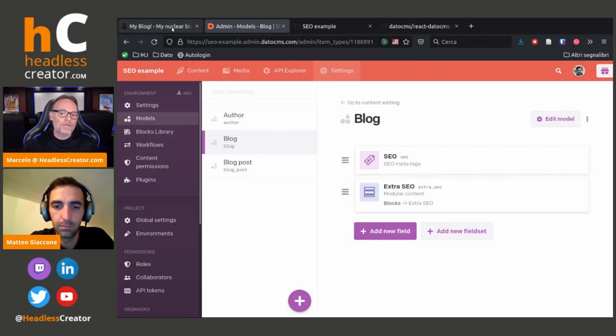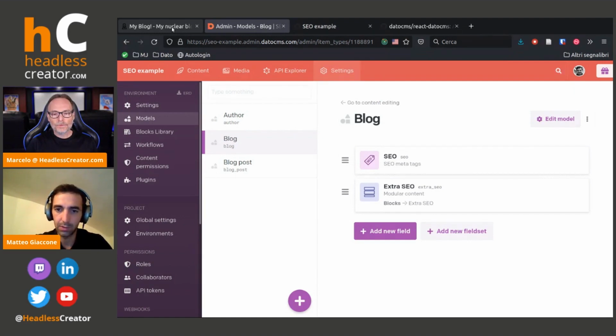So in other words, when you go to the blog, instead of adding these two fields, you're adding that new block you created that has the default SEO fields and then all your extra fields. So you just add one as opposed to adding multiple, and you can customize it. So if marketing says, hey, can we add these extra fields? You just go to the blog, add those two fields, and wherever you're using that block, now you have all the extra fields automatically. Yeah, the only issue right now is that